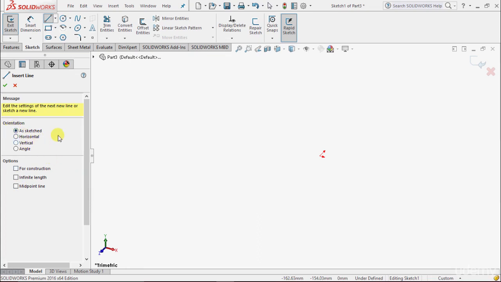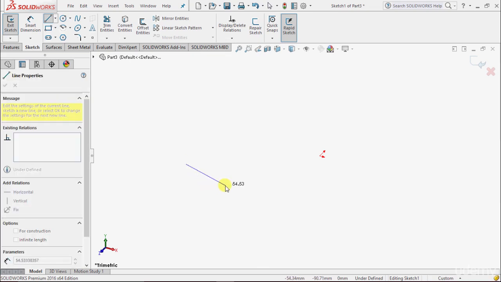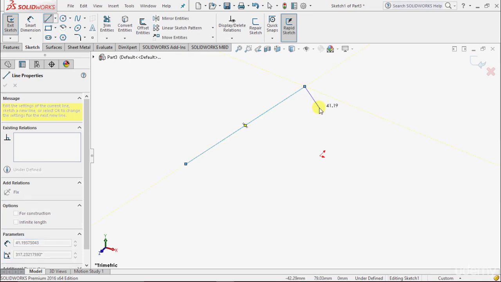If I select this as sketch line and go to part mode, we will find a pencil like arrow. In line we have to select two reference points, as we know in general. If I left click on this working space somewhere, our first point is fixed. Now we have to select any second point, and to select this point we can drag our cursor. Let me drag this in this direction and click somewhere, and our line is ready.